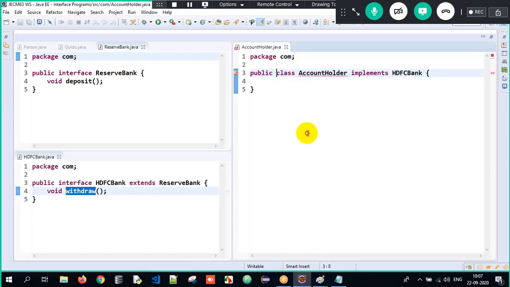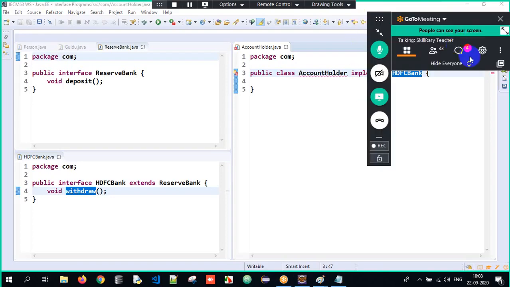Correct. But my question is, when a class implements an interface, we have to either override the abstract method or make the class abstract here. Got the clarity here? The same rules as a contract of abstract, guys. Now here, if I want to override it,